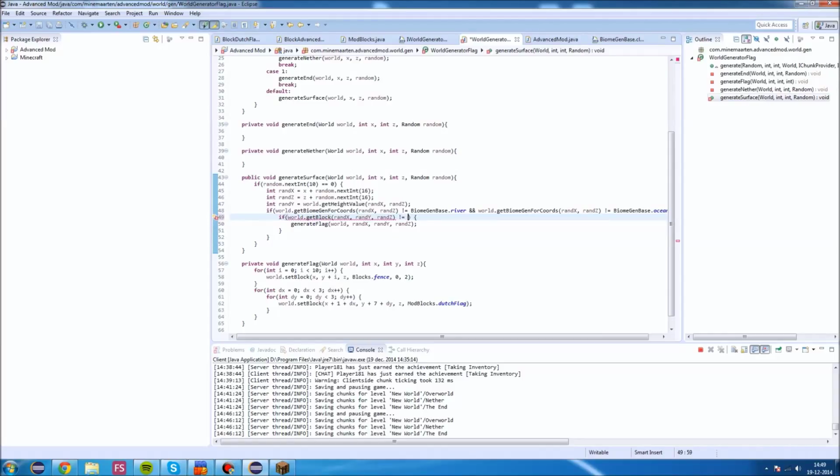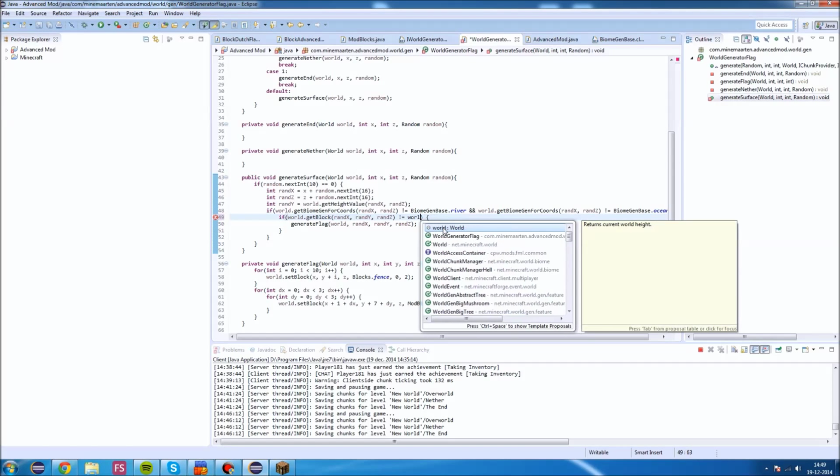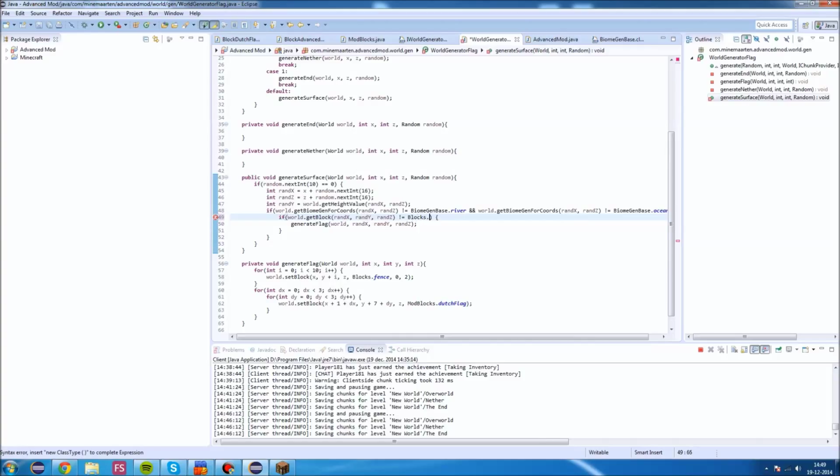If it's not equal to world dot... not world dot blocks water, and